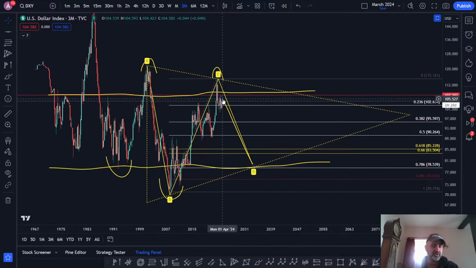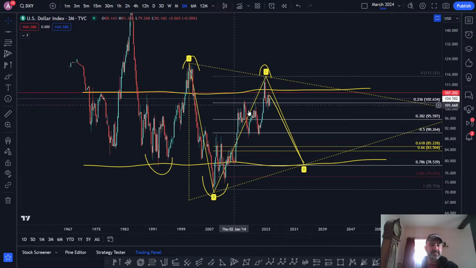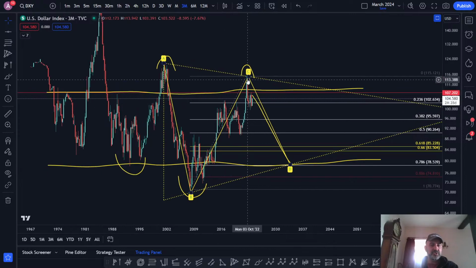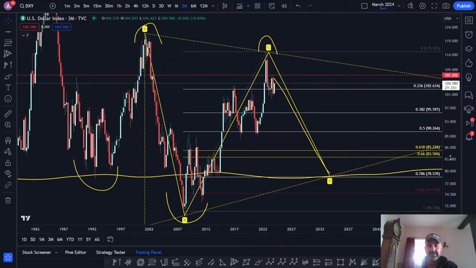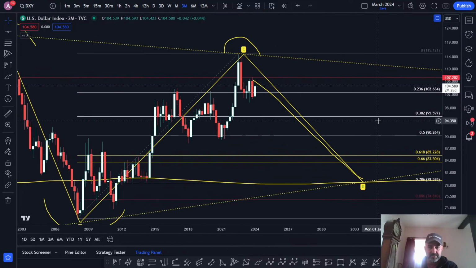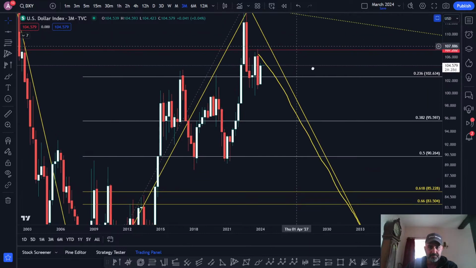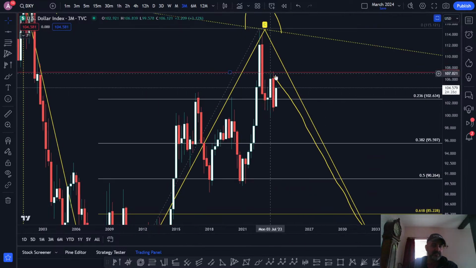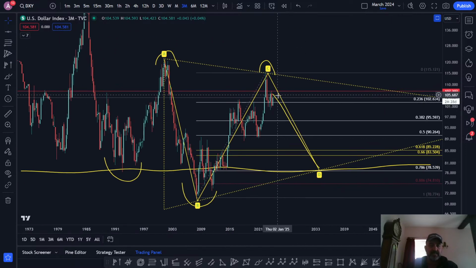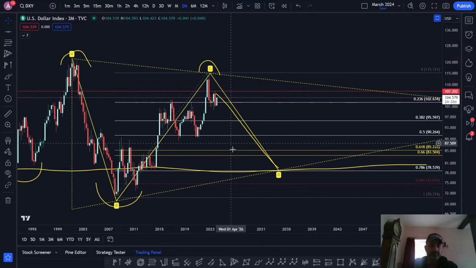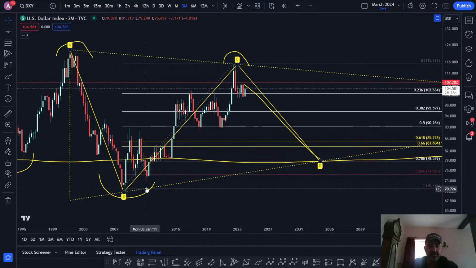But if you look at where we are in the DXY, we're in the highs of this range. We've made a lower high. We've not been able to flip this line into a support line. We've back tested it. If you look at the high, this is a 3-month time frame. You can see here where the candle comes in. You've back tested it as resistance. That's your resistance line. And I honestly think that the next destination is probably down. You have a really important trend line here.